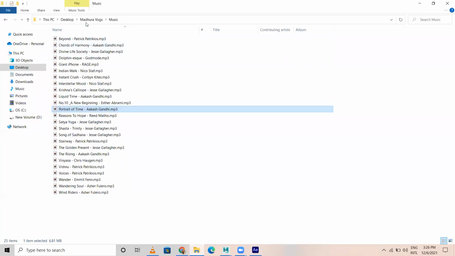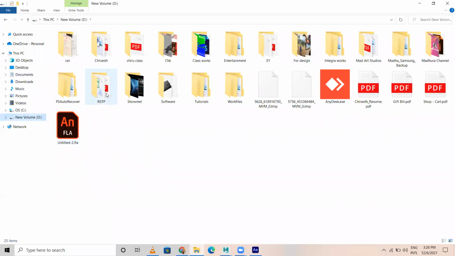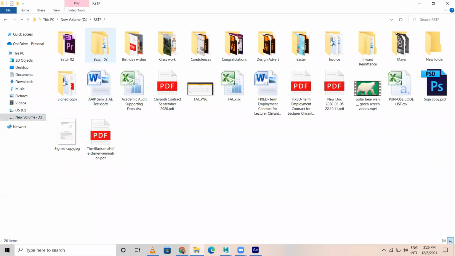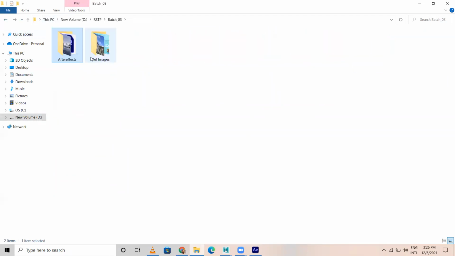For example, for RSTP batch 3 After Effects, some reference.